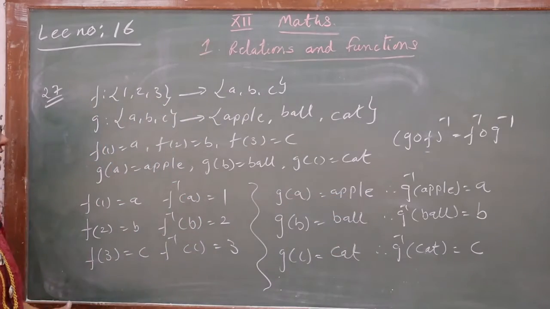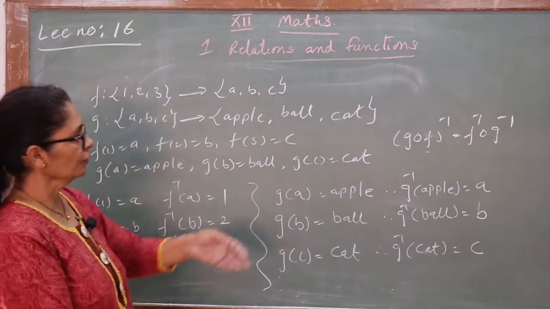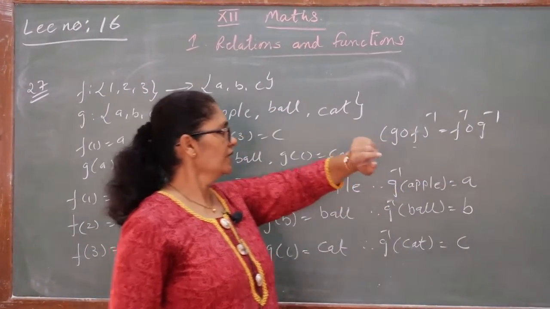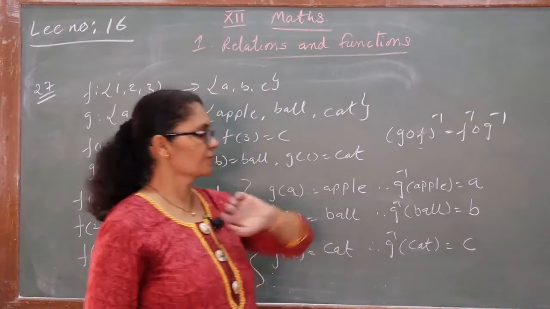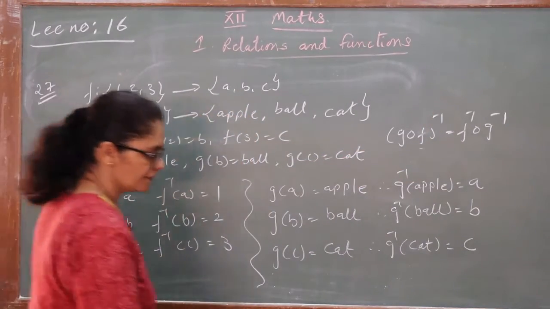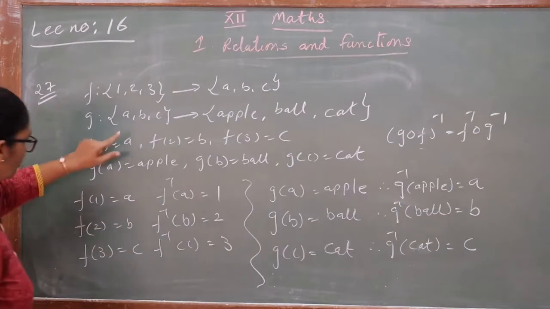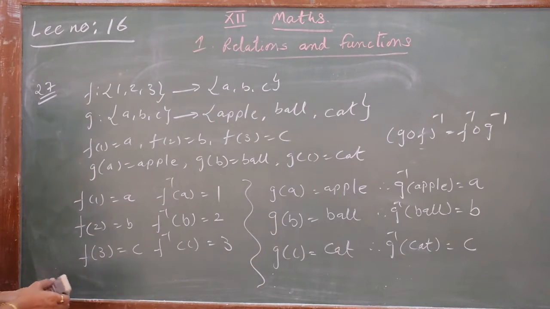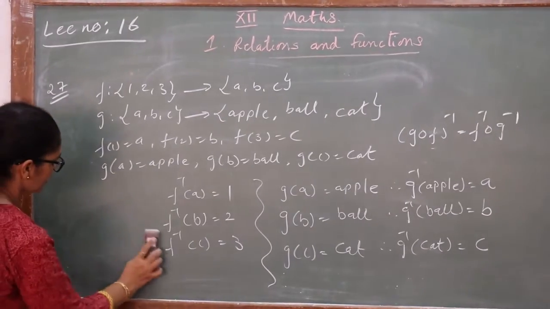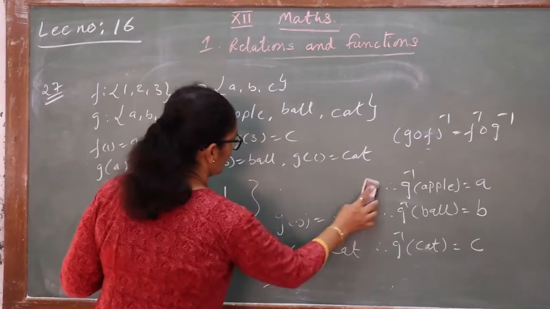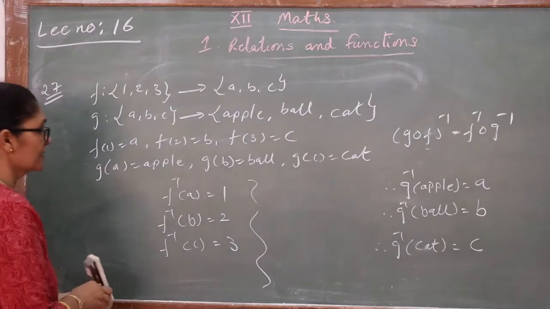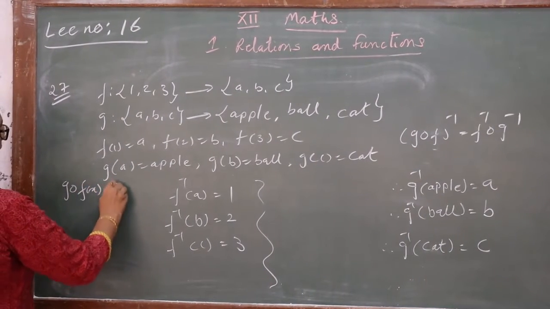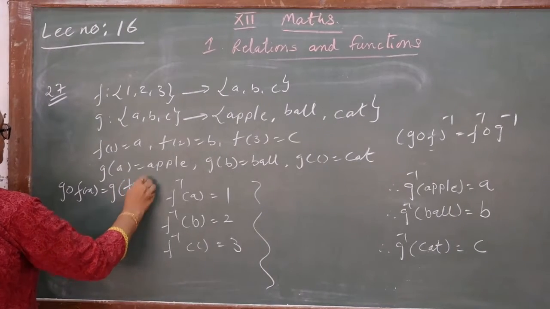But one more thing is given. What you have to prove is that you have to find g∘f also, then f inverse ∘ g inverse, and (g∘f) inverse, and both are the same. So first we have to find that also. You have to remember this. Then we find first g∘f. I just keep the inverse on this side because we need some space. So what is your (g∘f)(x)? We can write g of f(x).